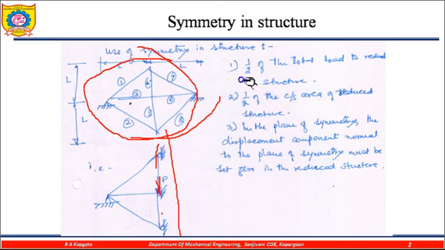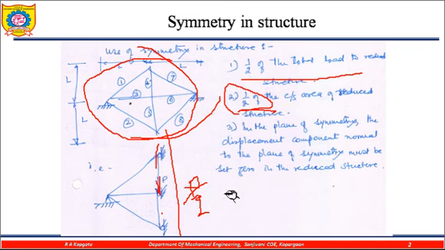What is that? Take half of the total load. Whatever load P is given, instead of taking the total load you take the load P by 2. At the same time you also reduce the cross-sectional area by half and then solve the problem, so that the solution you get is useful to get the solution of the total structure.